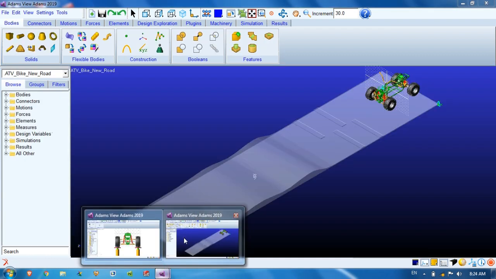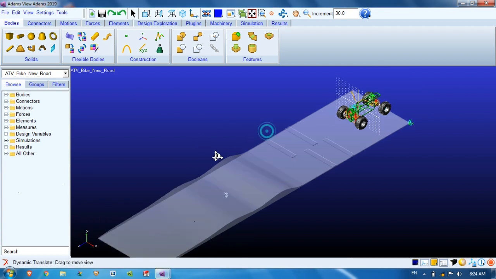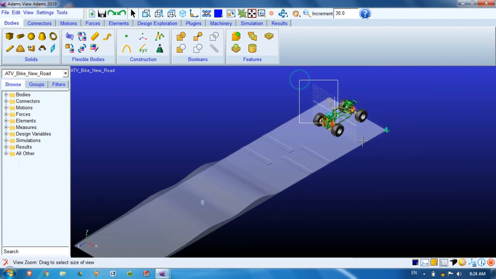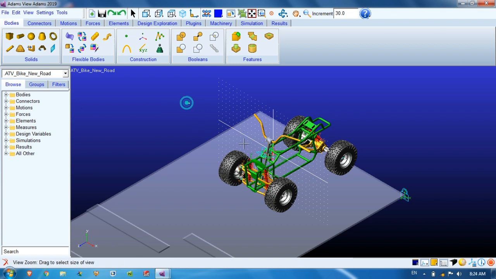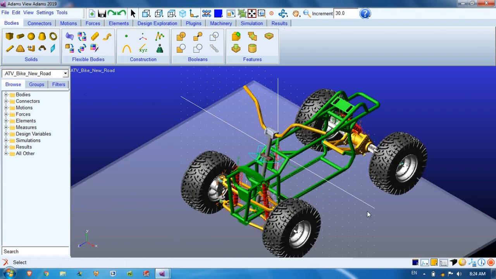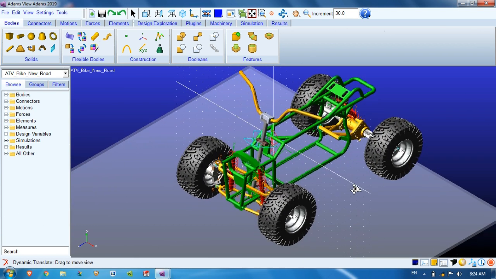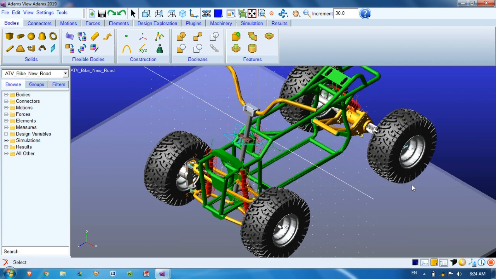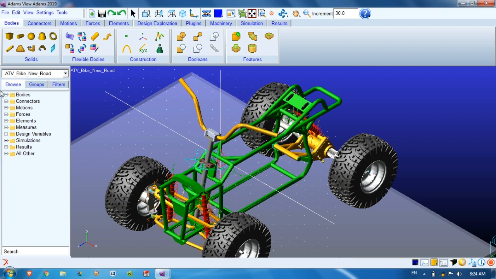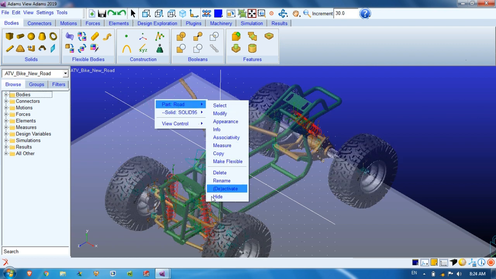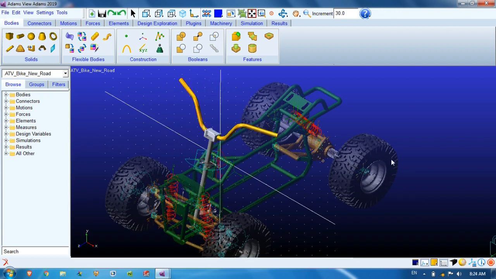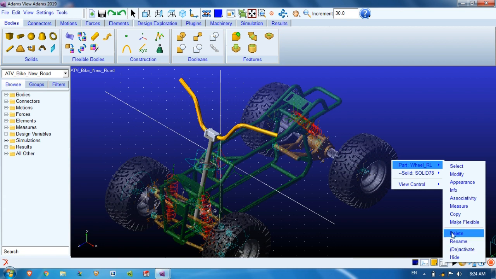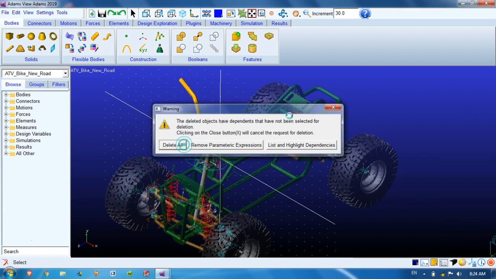I am going to a new window and have opened that ATV bike model, which we made in one of our tutorials. First I will delete the unnecessary parts. I won't need this road part, so I will delete it. I will also not require the rear wheels, so delete all.